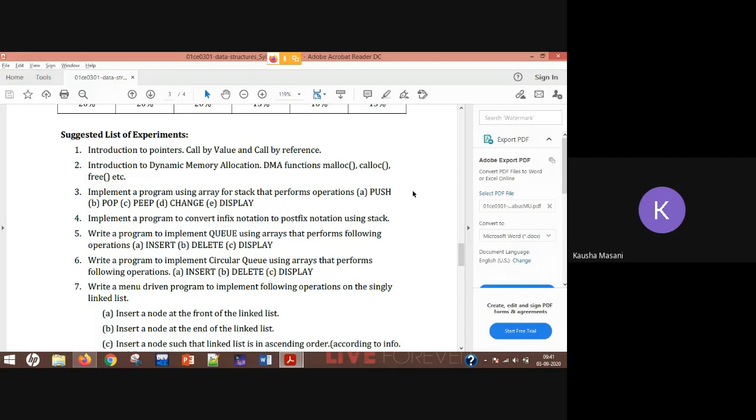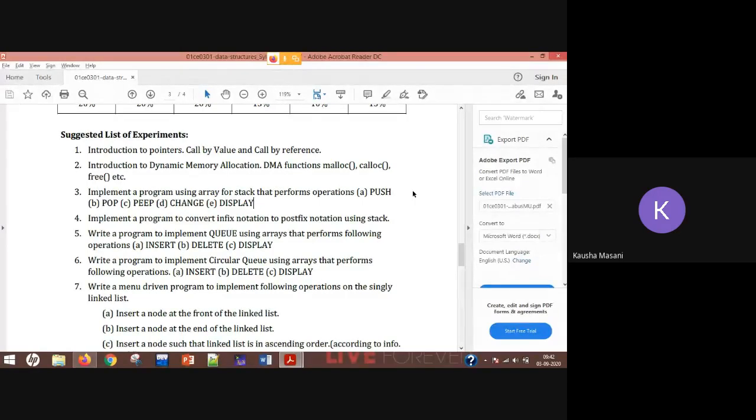Then keep a while loop, so that every time you are going to ask the user: do you want to continue? And inside that while loop you are going to keep a switch case. Switch case will be having these five operations, and you are going to give the user the choice. Every time the user chooses, that particular operation will be executed. So this is the flow of the program. This is how you are going to give the flow.